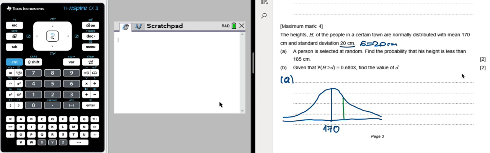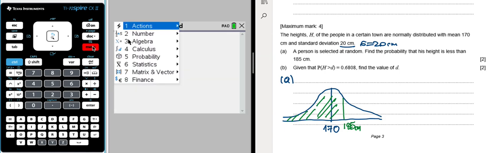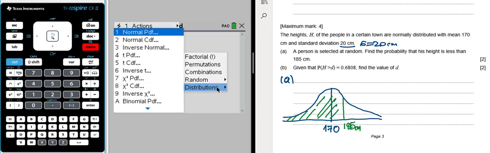So if I put 185, which is less than one standard deviation above the mean, then essentially what I'm asked to calculate is the highlighted green area that you can see now on your screen. The way to do that is on the calculator: after pressing menu, we go into probability and then distributions, and we want number 2, the probability CDF. That's the cumulative probability